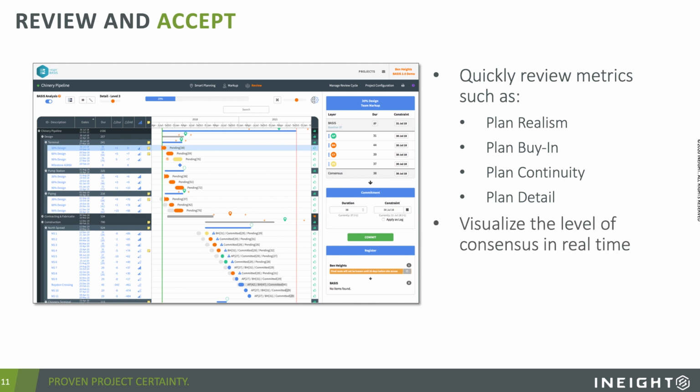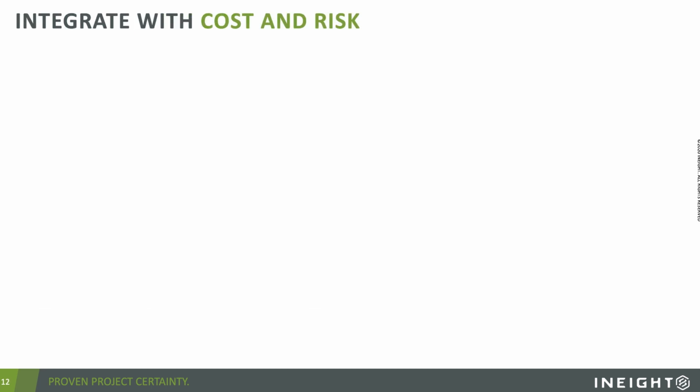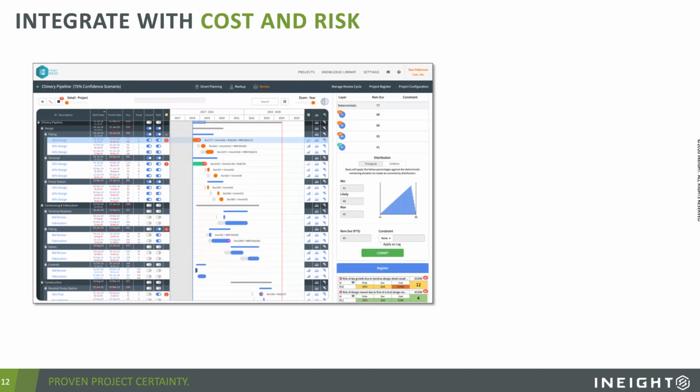You visualize all of that consensus in real time. You can choose to then commit and incorporate team member feedback or not, right? And that's the key. The expertise from others who are out there doing the work and getting that pulled in. But all of this so far is about scheduling, and we talked about collaborating with estimating. And when it comes to collaborating with estimating, that means bringing in cost and risk.